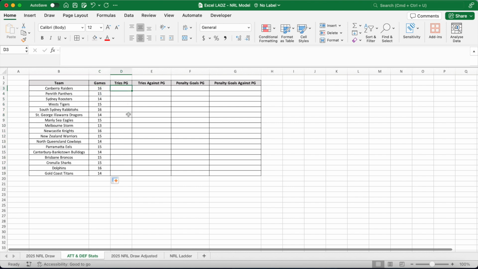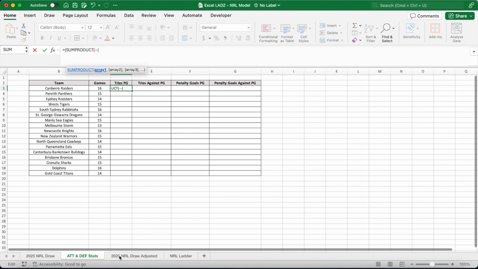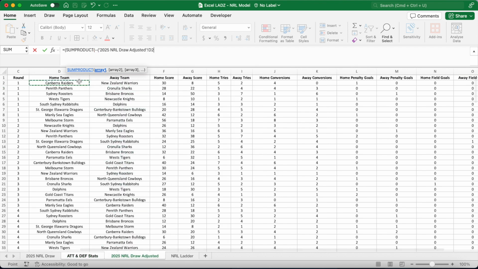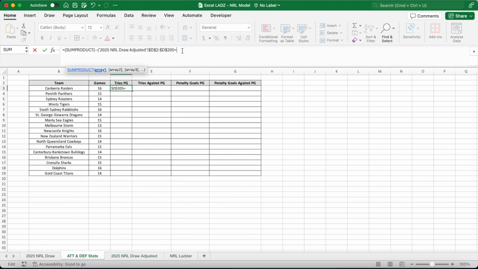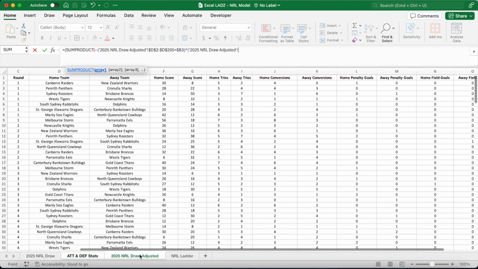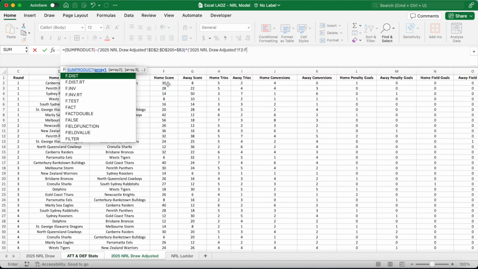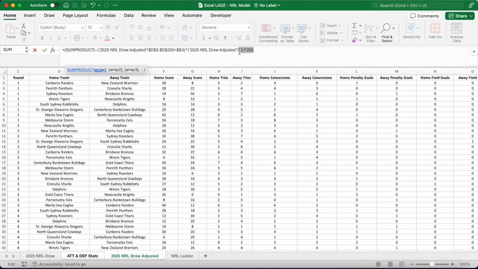When I press enter and drag that formula down to the last row for the Gold Coast Titans, I can then calculate the number of tries scored per game by each team by first returning the number of tries each team has scored throughout the season and then dividing by their number of games played. So to find the number of tries, I'll use a sum product function. Open the bracket, 2 negatives, open the bracket. First array will be D2 to D205. And I'll make sure that is equal to the team in B3. So $B3, so I can drag down,